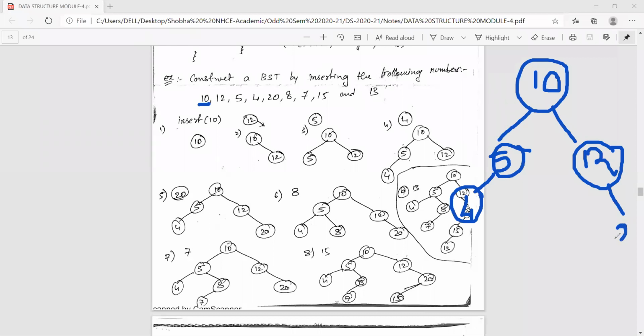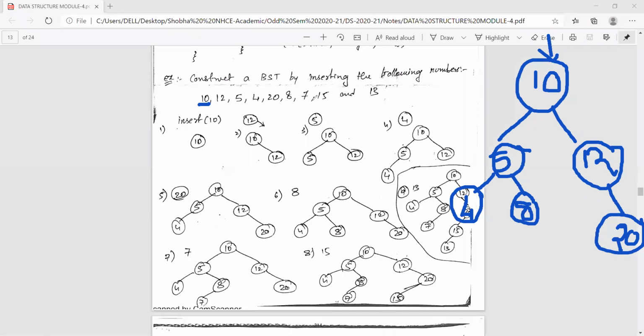It will get inserted as the right child of 12. Then 8. 8 is less than 10, traverse towards the left. Greater than 5, so as a right child. This is the process of what I am doing. Again start from the root node.